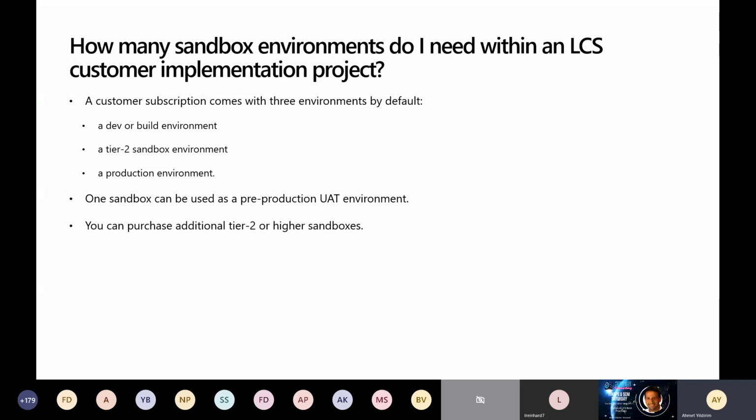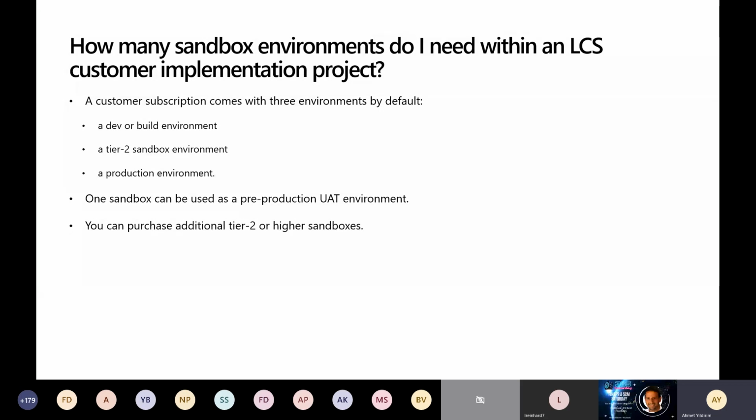You can use the tier 2 sandbox environment as a configuration and UAT environment before the application goes live in production. And after configuring the sandbox with the code and data that you need to go live, which, as you will also hear, is called the golden configuration or golden config environment,